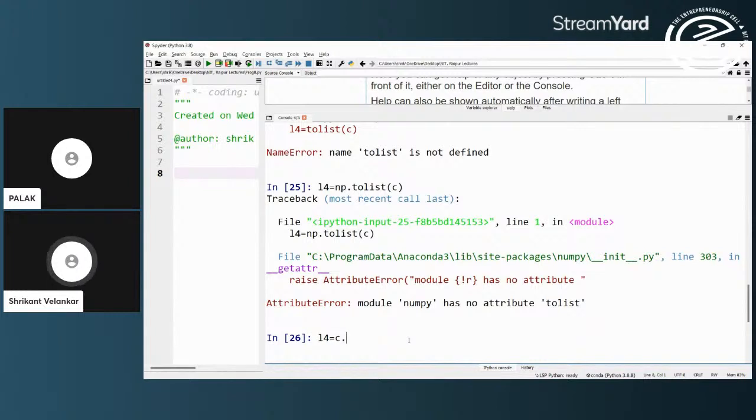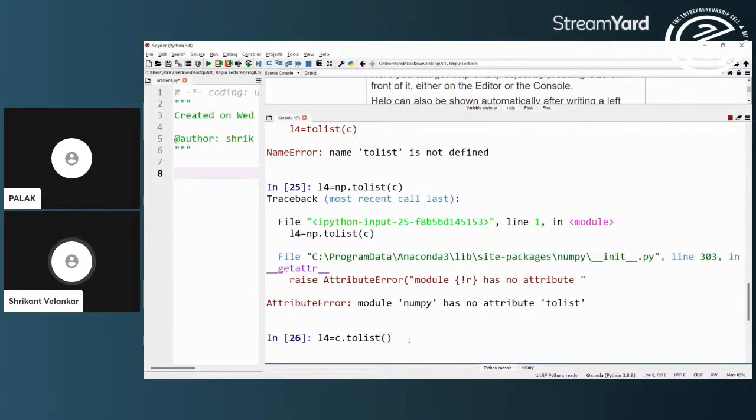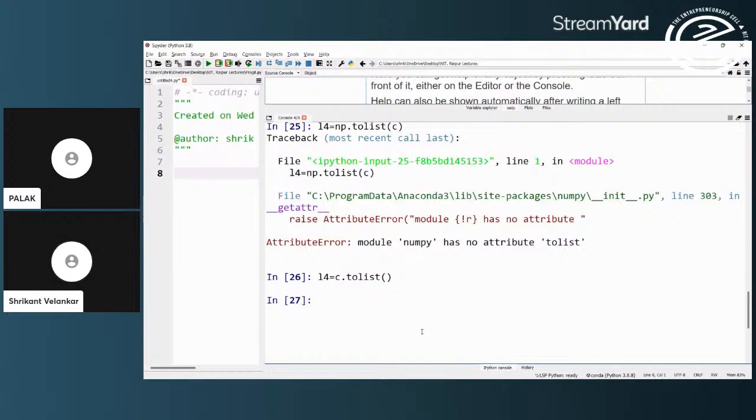It is C dot toList, because C is already an np array. So C dot toList, rather than toList with C in brackets, it is C dot toList. And I can see now what is L4. It is the original list.